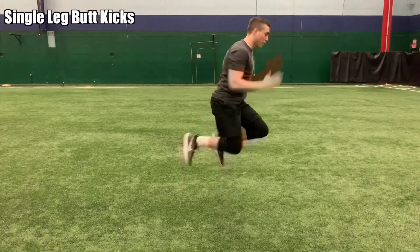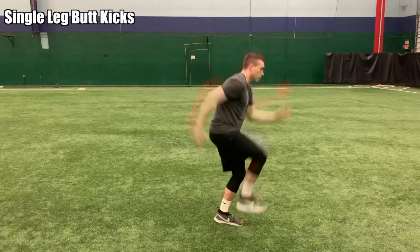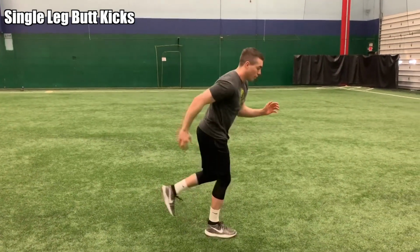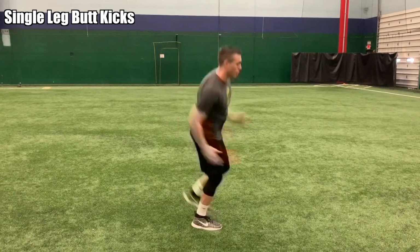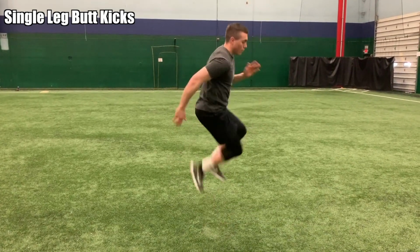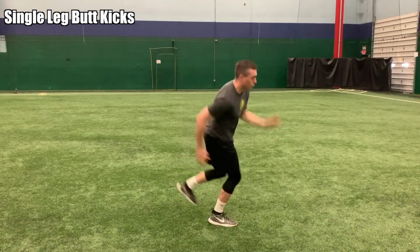The next exercise is the single leg butt kick. Simply stand on one leg and try to jump off that leg, kicking your butt and then landing. This is a little bit more advanced, so if you cannot do the advanced version, simply jump trying to get your leg halfway to your butt, and then you drop it down and land on the turf or court,